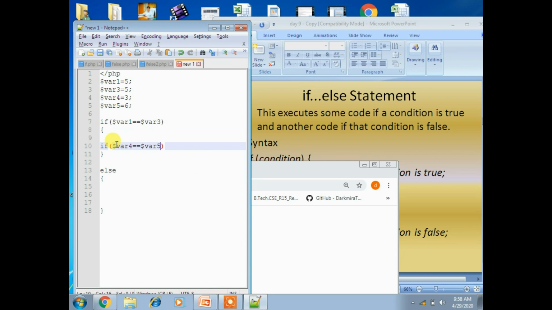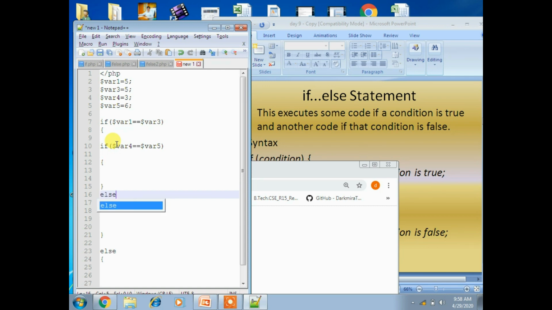Then we have to open another if, right? For the if to open and start, another else part, else, again open and close.